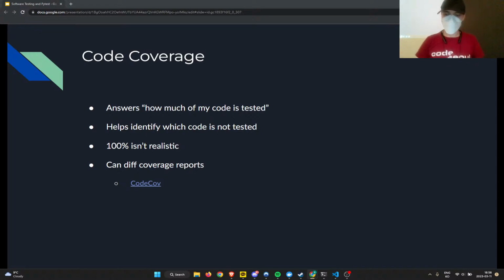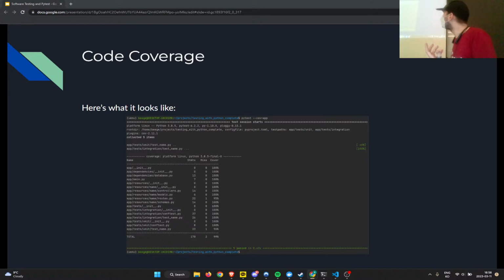In terms of what this looks like, I have some example output from Pytest here. It's a little bit small. Maybe I should make it bigger. But you can see the coverage percentage. Obviously, this is a toy project because you see a bunch of 100%. This is not a real application. But it basically just shows up like that. It's quite simple. A lot of times when people first see it, they're like, oh my God, but that's just because it's a large application. They'll usually split it by file or by package to show you what the coverage percentage is. And that's all it means, is how many lines or functions are covered.